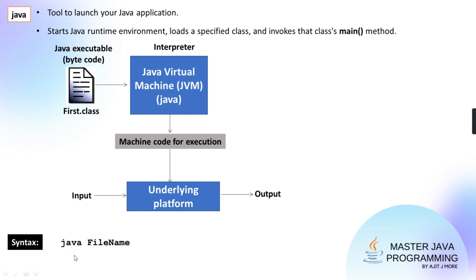See here, the tool is like this: Java and the file name. Is this the dot class name? This file name which I am giving is a dot class name. And in that class, what is present? Main. And which main? Public static void main, which takes string args array as an argument. Agreed? See here, the bytecode file containing the main method. But if you give any file name in which main is not present, it will give an error.